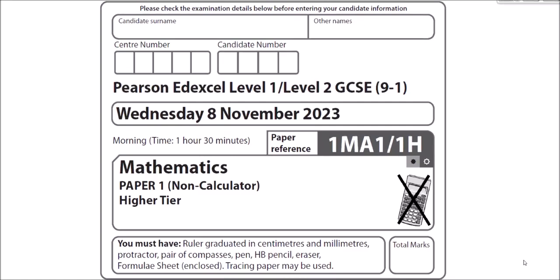This time it's Edexcel's GCSE higher tier papers from November 2023 resit. So there's 3 papers, as ever, in any series, whether it be the summer or November resit. The first paper, paper 1, is non-calculator. So put your calculators and even your phones, I suppose, to one side and try these questions without use of any calculator. So what I'm going to do, I'm going to explain how to do every single question,